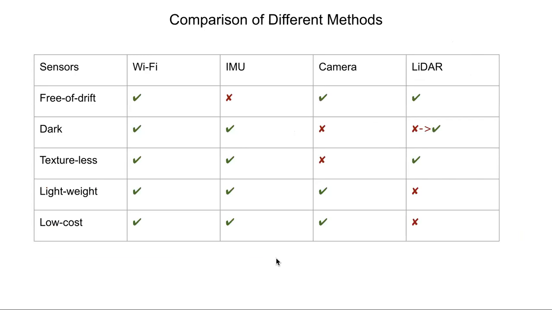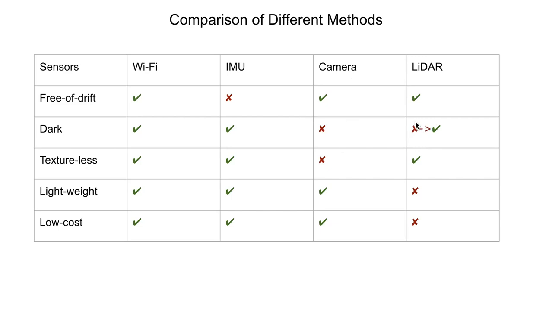So as a summary, Wi-Fi sensor has the following advantages compared to other existing sensors. To summarize, it is free of drift, which is better than IMU. It can work even in dark and textureless environments, which is better than camera. So in the presentation, just note in the presentation,